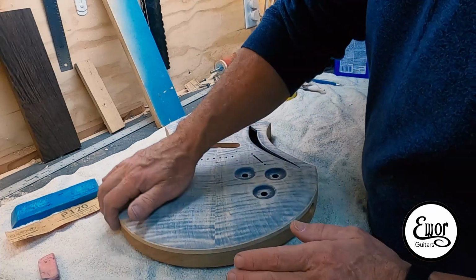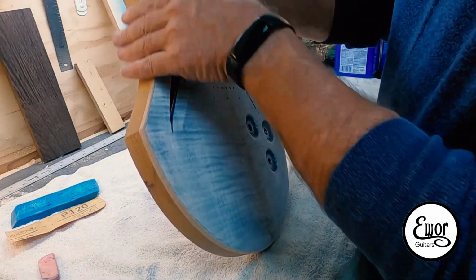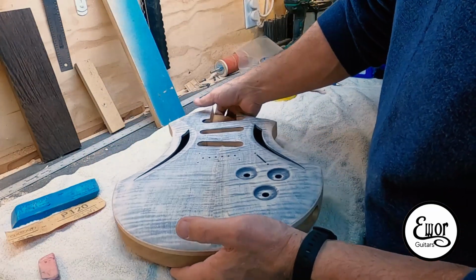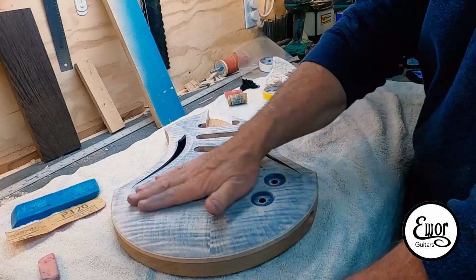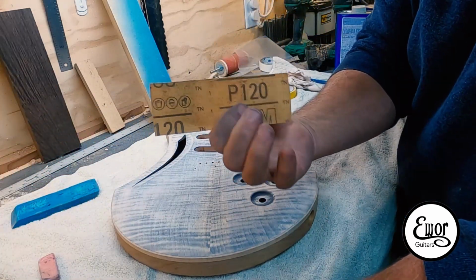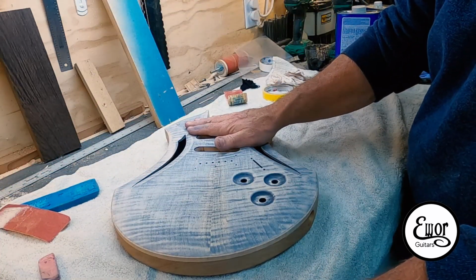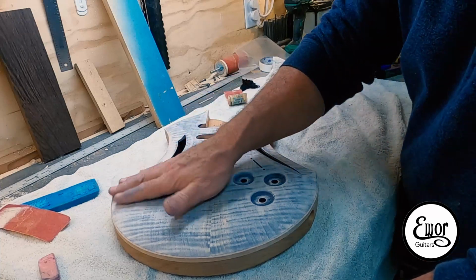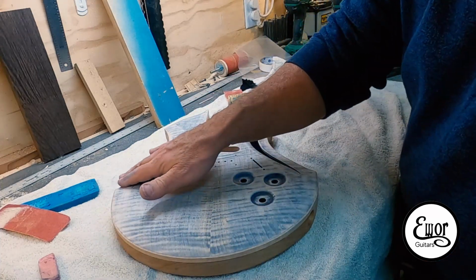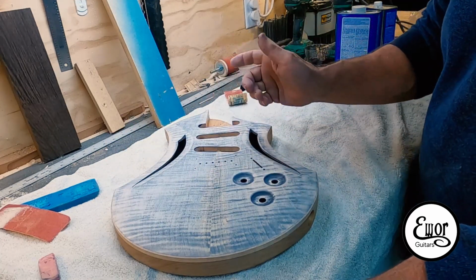Really, after 80 is done, for me, all the shaping is done. You're getting out any last little ripples around the edges or anything. So that was done. Then I sanded the entire body with 120, okay? Basically did the same thing, used the 6-inch DA sander front and back, and then I did all the edges and everything. And of course, I'm careful to blend the wood binding in with it. Okay. Now, once I did that,